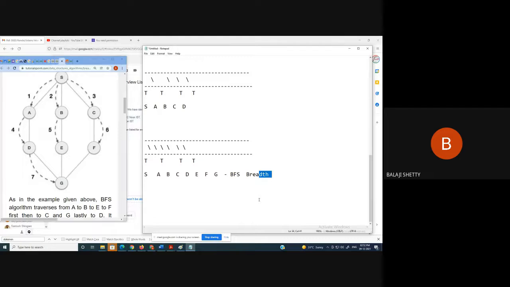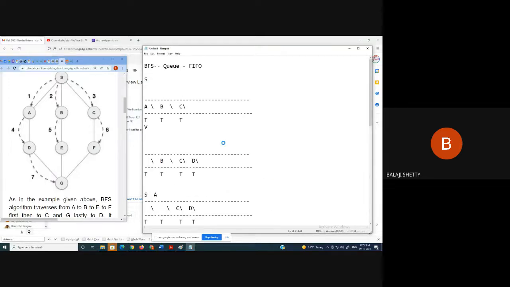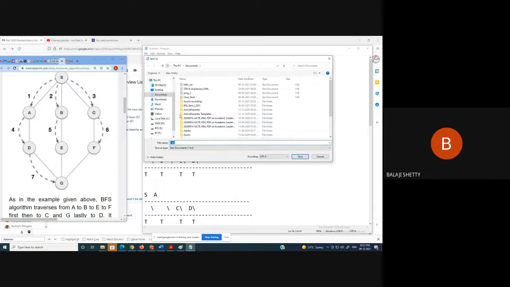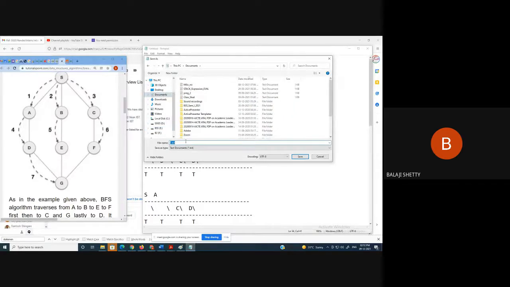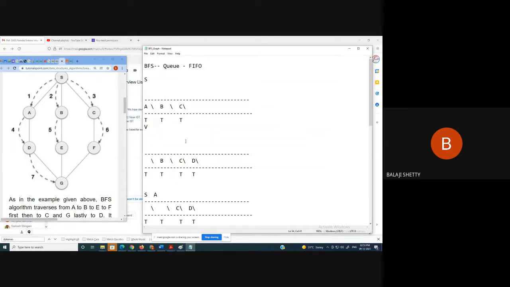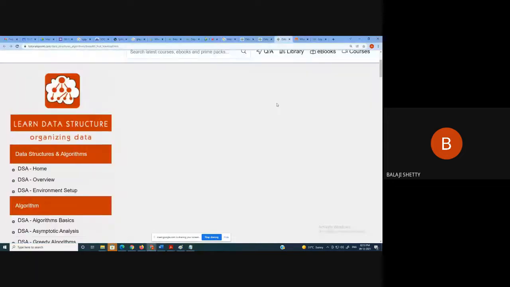Now, if you understood BFS, you can immediately understand DFS. Tell me what to do, it's simple. Instead of a queue, what to use? Stack. That's it. Let us explore the algorithm. So what I do, I save this program, so that when I upload the video, you can do this. Stack, breadth first search BFS. Okay, now let us explore DFS.